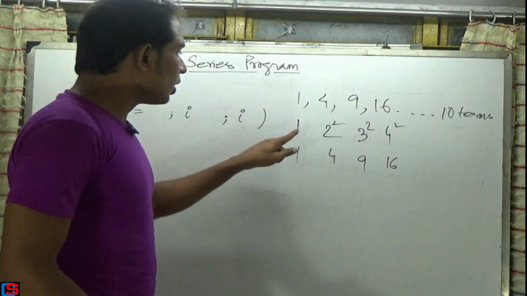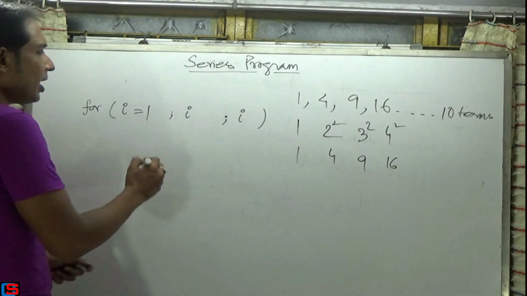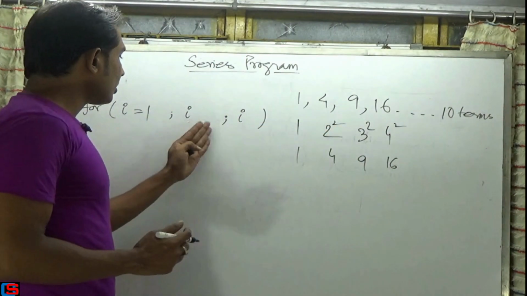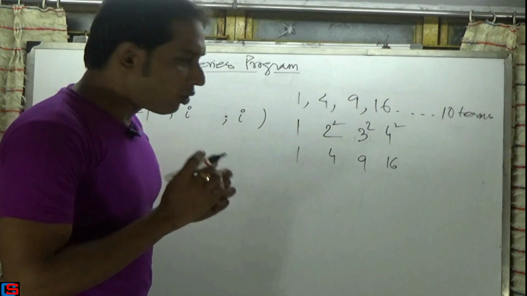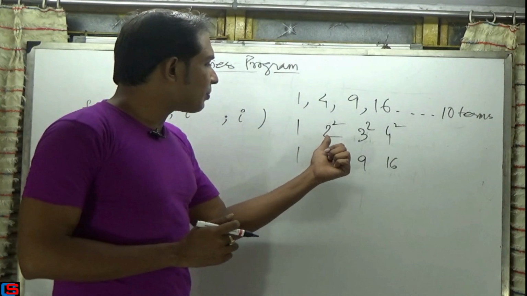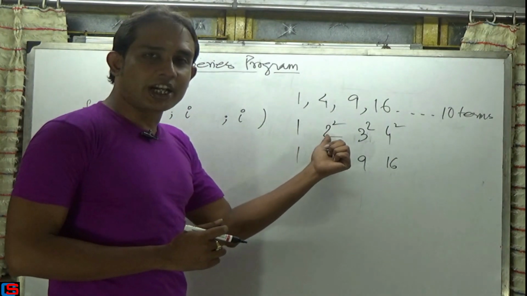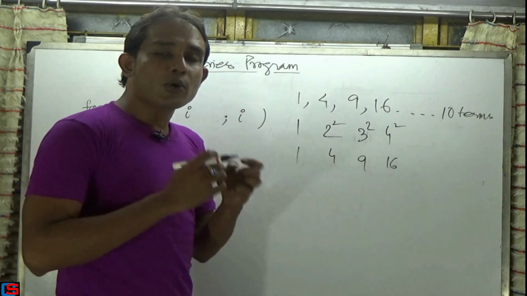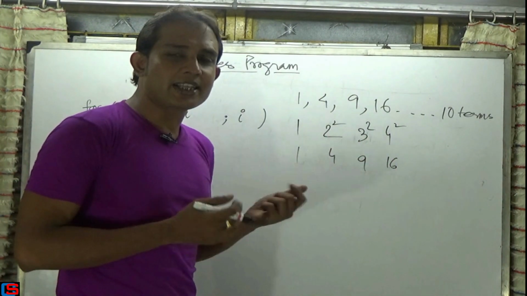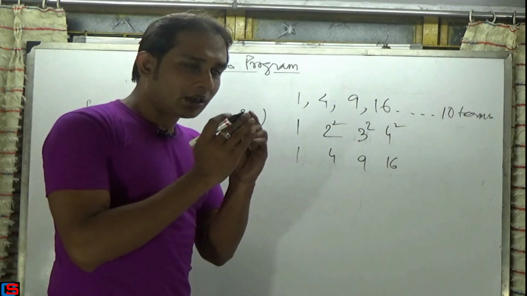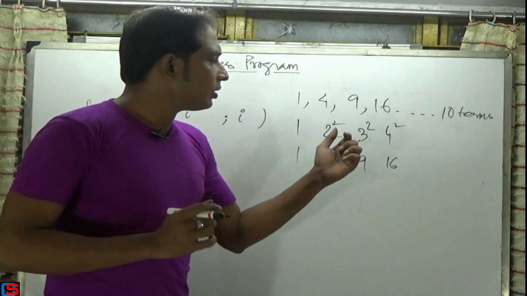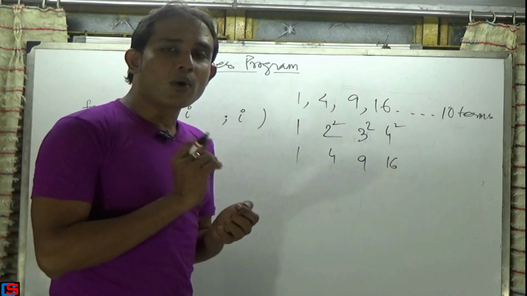So the loop will execute from 1, and how many terms? Up to 10 terms. Now what is the final value? The formula is: what is the difference between the first number and the second number? The first number is 1, the second number is 2, and the next is 3. So the increment takes place by 1. So the value changes by 1, so 1 into 10, so